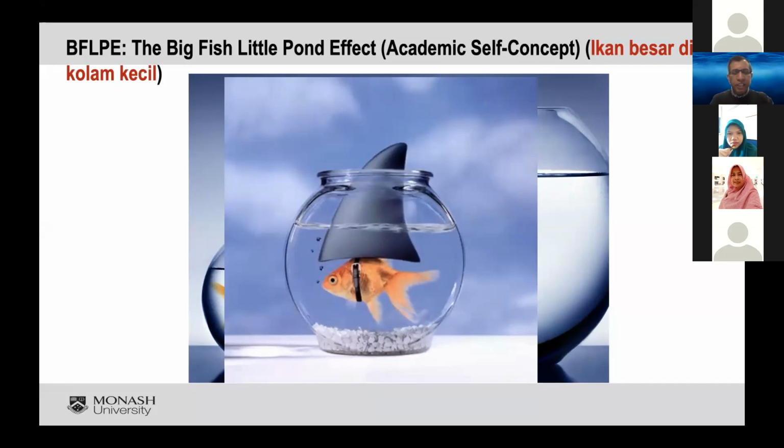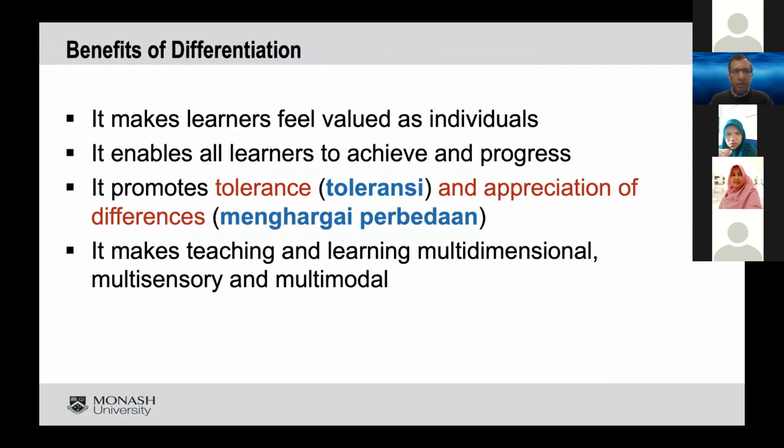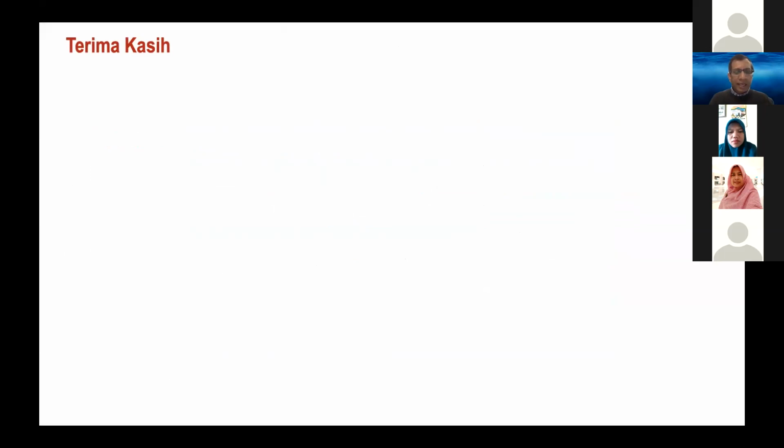So we have to differentiate not based on skills, not based on our perception of who is good and who is bad, but based on the 2 things that I mentioned, learning styles and multiple intelligences. Okay, and these are some of the benefits of differentiating students based on multiple intelligences and learning styles rather than first language or whatever it is. So we're talking about invisible differences that are a big part of cultural diversity. And that brings me to the last slide.